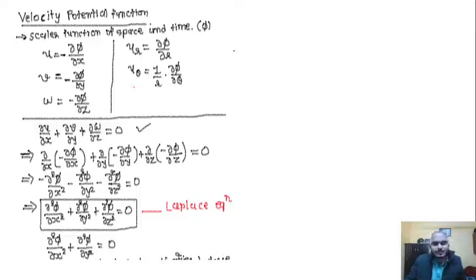So let's say that first we need to define the rotational component in z direction. We will call this omega z, which is given by half of